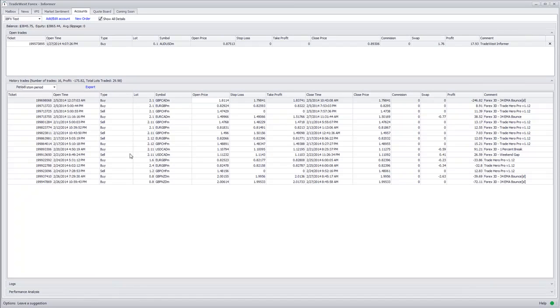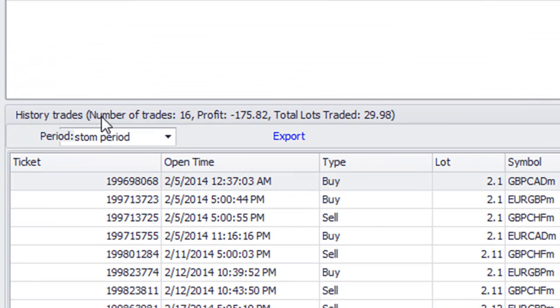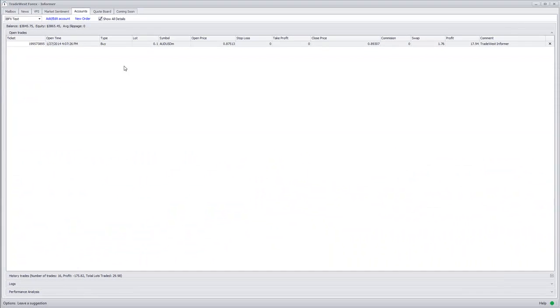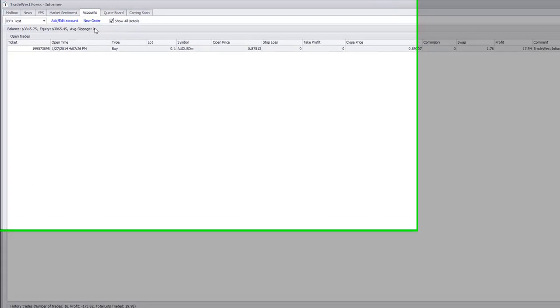Okay. Now if you wanted to see a little bit of information about all those summed up, you'd look right here next to the table name, and it says number of trades 16, profit shows the total profit, and my total lots traded. And then if you wanted to export this into Excel, you could click this export button. Okay, I'm just showing you all the little features we've added along the way from our feedback from members. Okay, and then I can close these little tables down just by double clicking on them here, and then